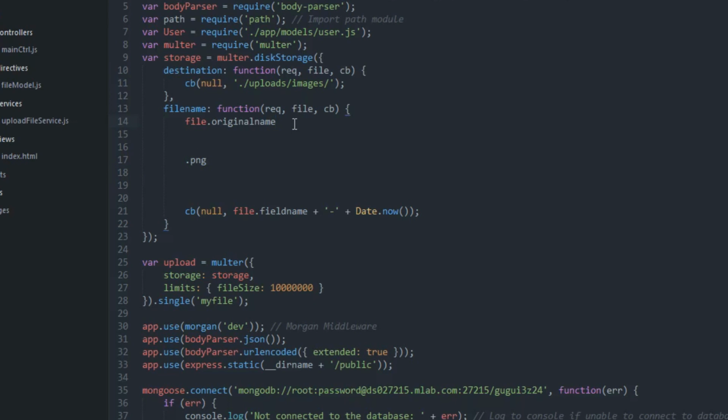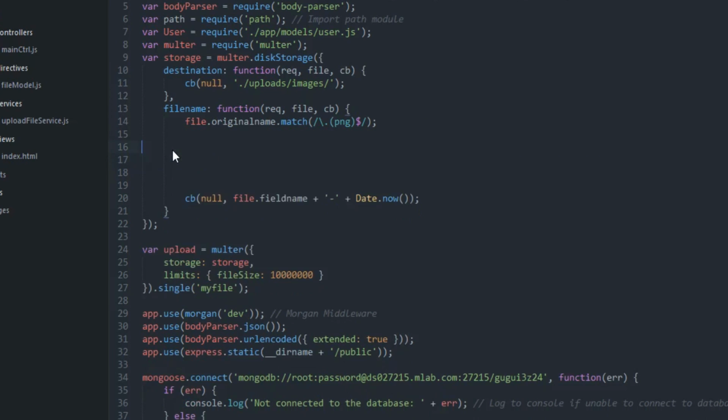So the way you do this is with a regular expression. What you say is, we'll say dot match, and then it's going to look like this: dot, and then inside the parentheses, it's going to be every file type that you want, right? So for example, let's say you wanted multiple file types, right? This is what it would look like. Oops, sorry, not with the dot, just the name of it, because we already have the dot right here. So for this example, I'm only going to put this,